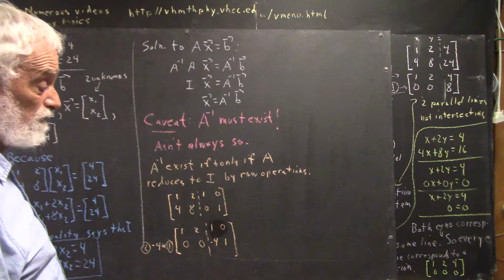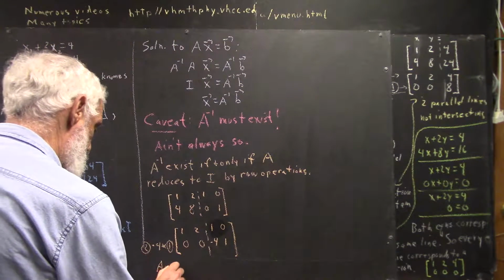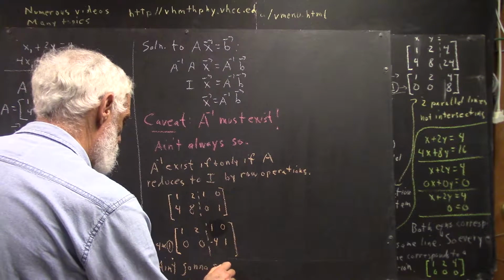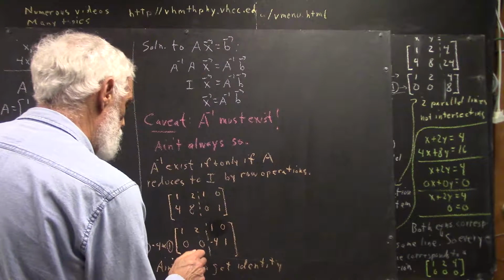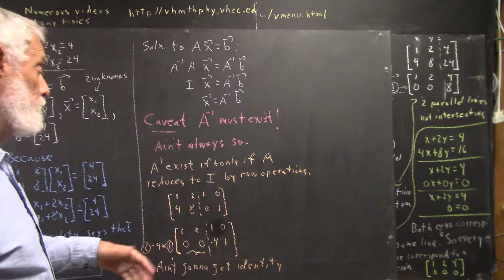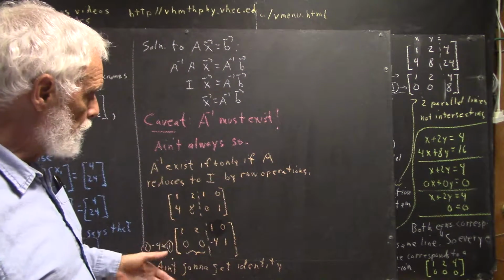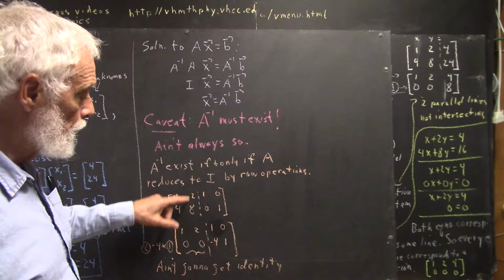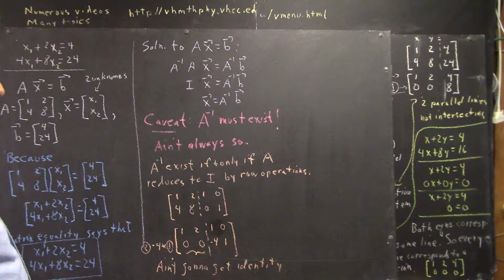But right here, we're done. We ain't going to get the identity, because as soon as we got those 2 zeros, there's nothing more we can do. We can't undo them except by reversing course and getting something that's always going to be a multiple of the first row. There's never going to be a way to get a 0, 1 here, because any multiple of the first row that takes care of X is also going to take care of Y. So our conclusion then is